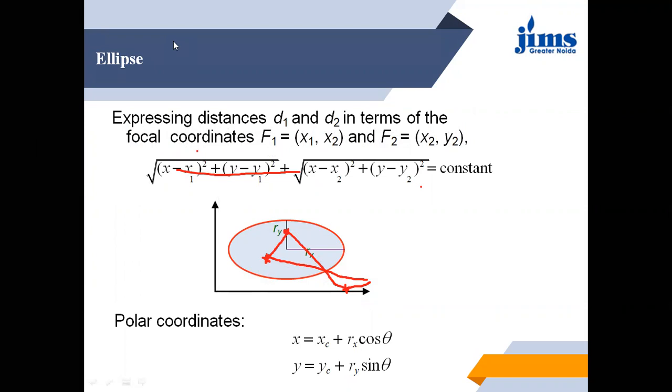If we want to express this in terms of its radius, that is, if we want to find the distance, then by using the equation of the circle, x square plus y square equals r square, we can find in the same way the distance r. In this case, this is d1 and d2.